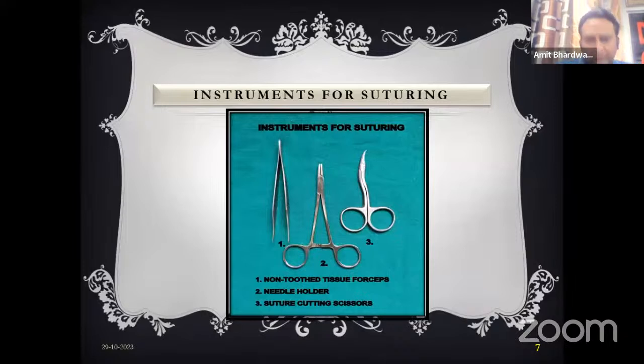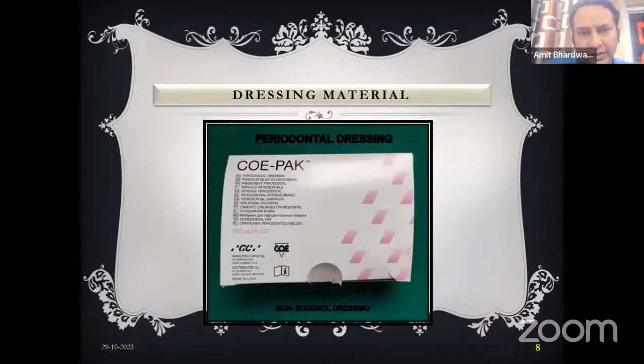Then come our forceps, suture cutting scissors and needle holders. After performing any surgery, if you feel you have to place sutures, then these three instruments will help you in placing of suture and cutting of suture. Then, as I said earlier, periodontal dressing, which is Coe-Pak, very commonly available and very easily seen in periodontal clinics. You must place periodontal dressing as per the need of the surgery. This will provide good comfort to the patient